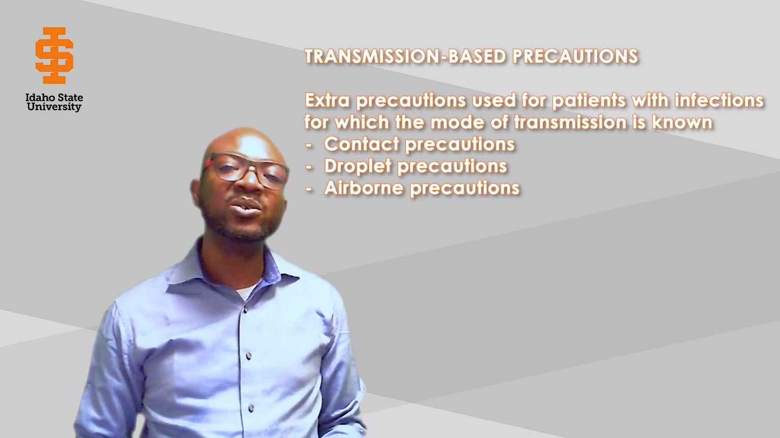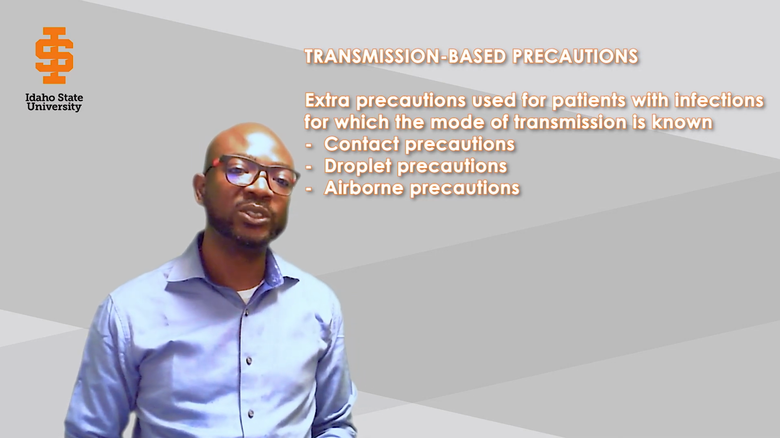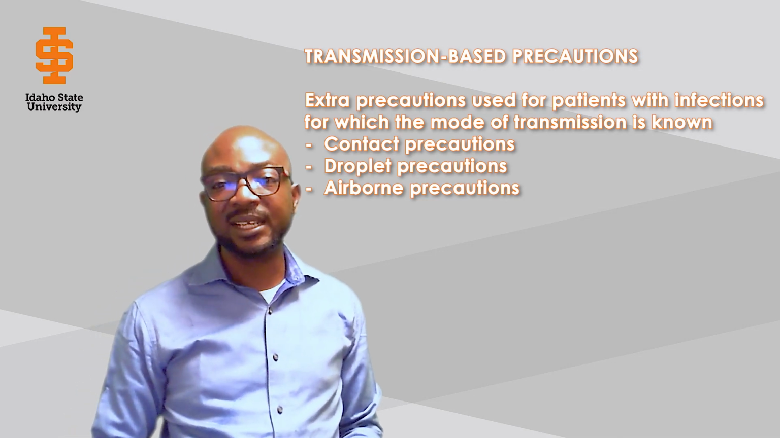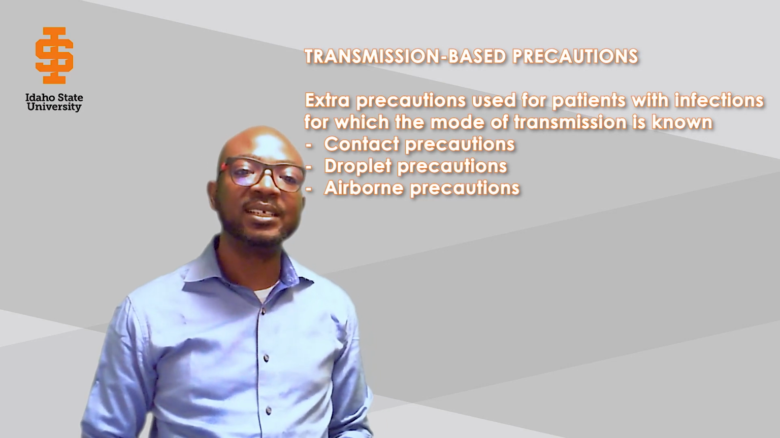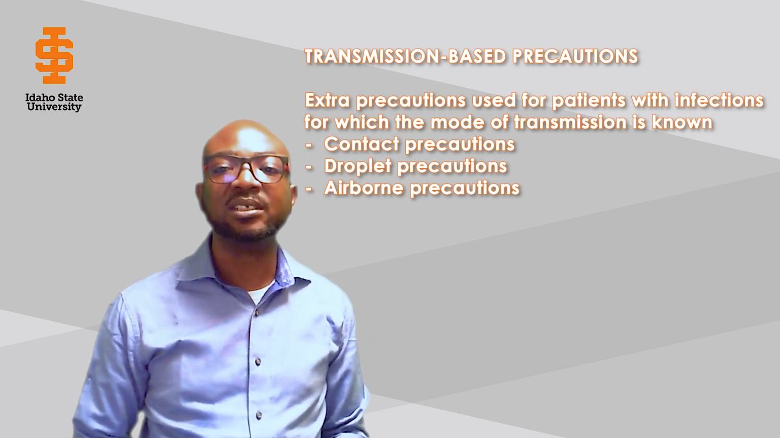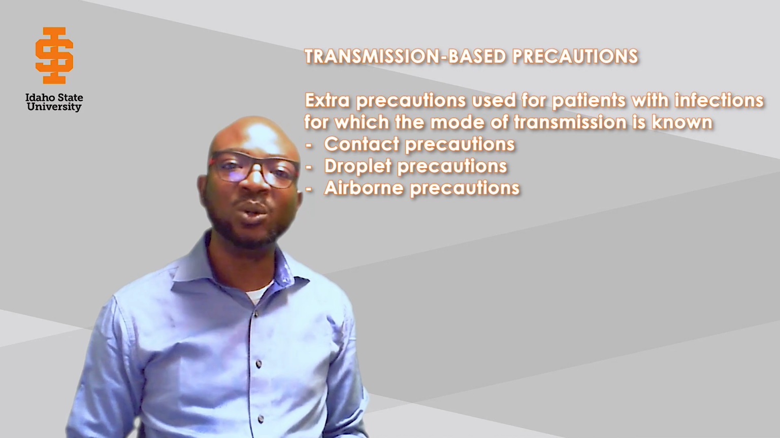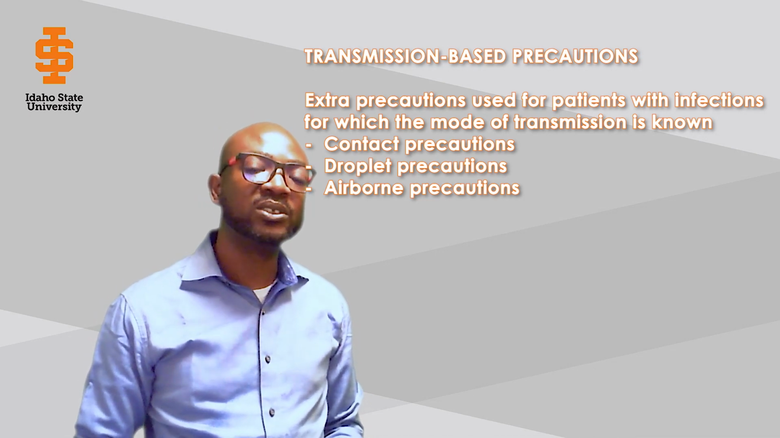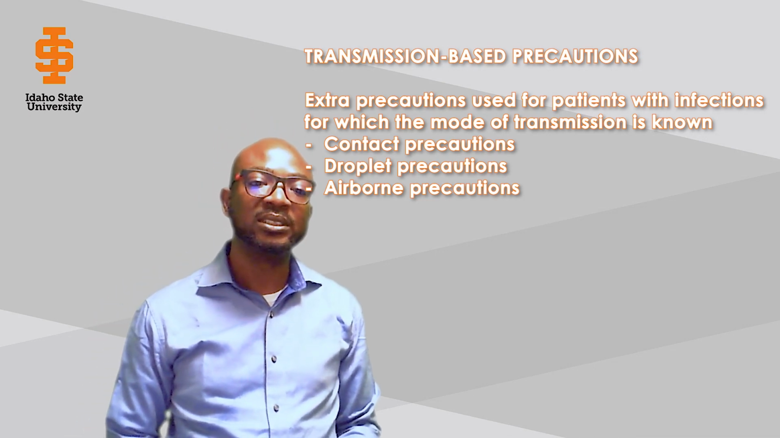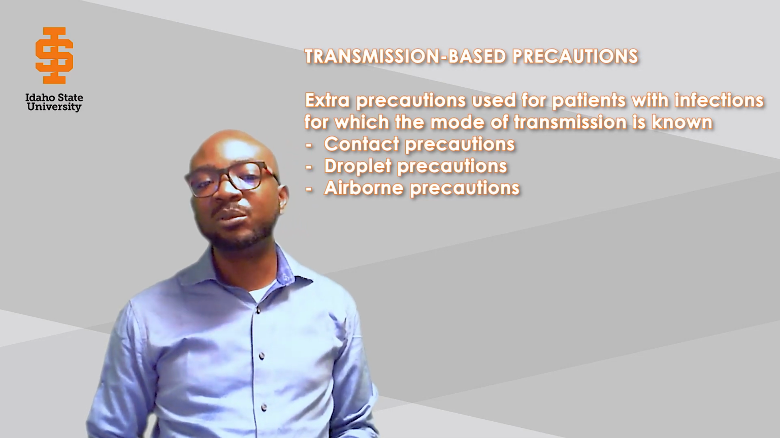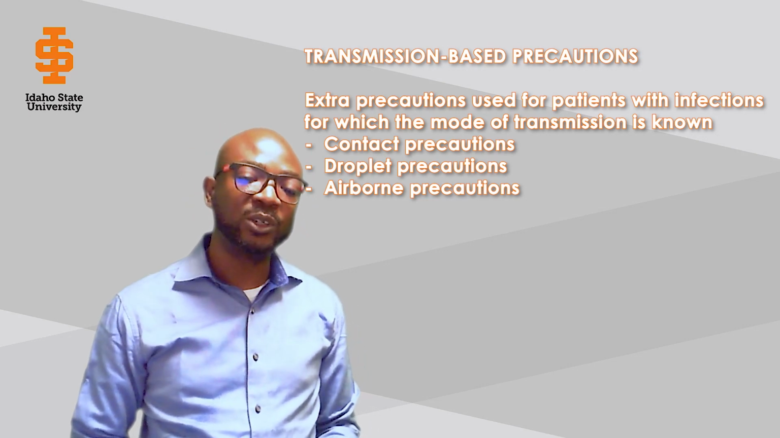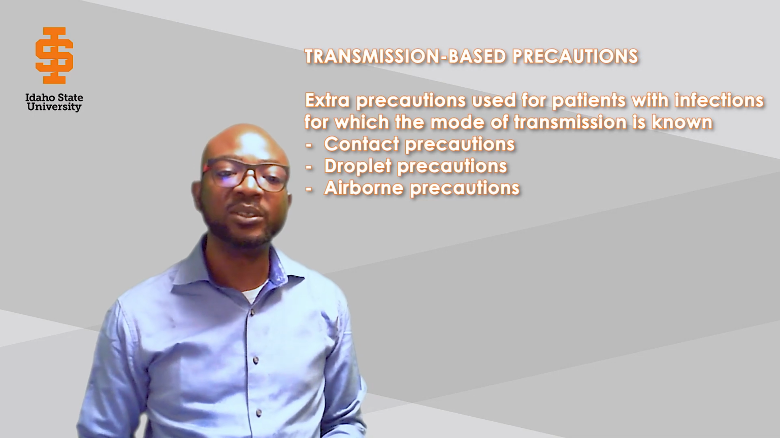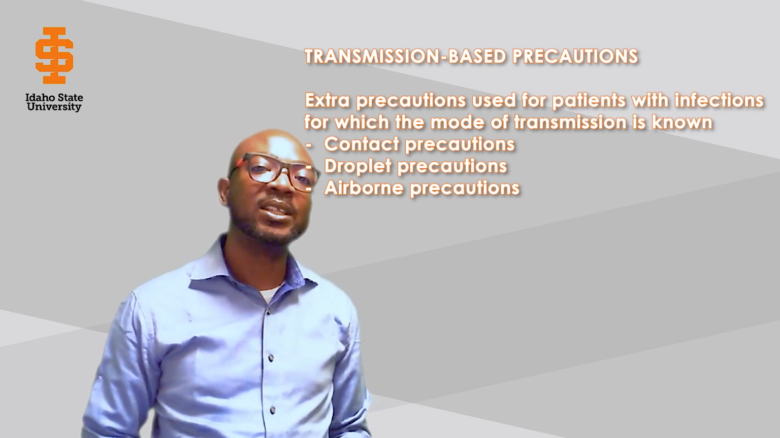Transmission-based precautions are used in addition to standard precautions for patients who are suspected or confirmed to be infected or colonized with certain pathogens for which the mode of transmission is known. Transmission-based precautions include contact precautions, droplet precautions, and airborne precautions. The type of precaution assigned to a patient will depend on the mode of transmission of the suspected or confirmed